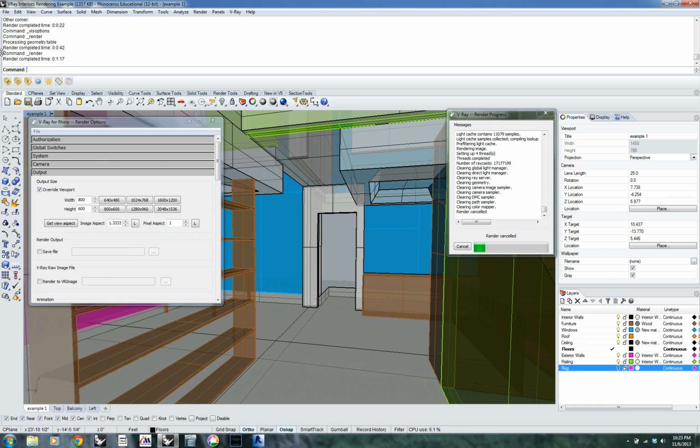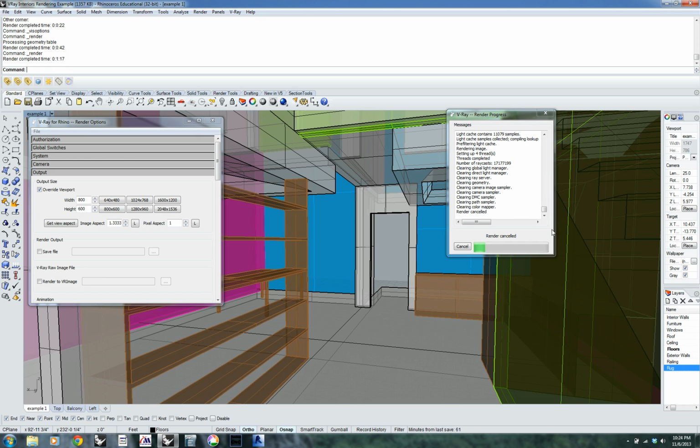the screen ratio, the image ratio. One way to do that, if you want a particularly wide image, is to open up your viewport, and that's going to give you a wider image. Then you click on the setting that you want. So we'll do this largest one, and then I'm going to do get image aspect, or get view aspect. That'll bring this image aspect into here, and I can click L. So then I'm going to get a render